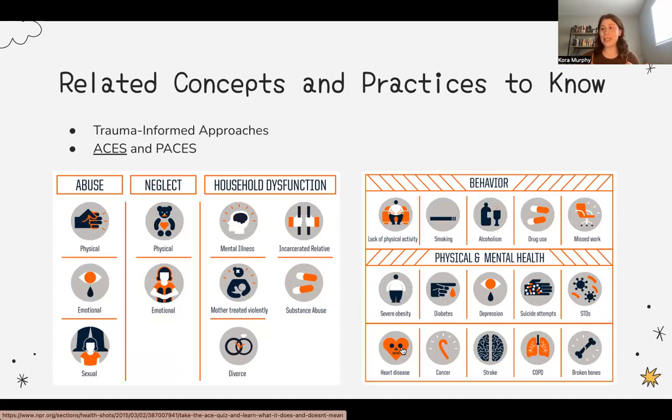And what are PACEs? These are positive, advantageous childhood experiences. We want to provide students with as many PACEs as possible to help offset ACEs. What's really interesting about using trauma-informed approaches, I found additional data that says SEL practices teach skills that may be weakened when students are dealing with the effects of trauma.